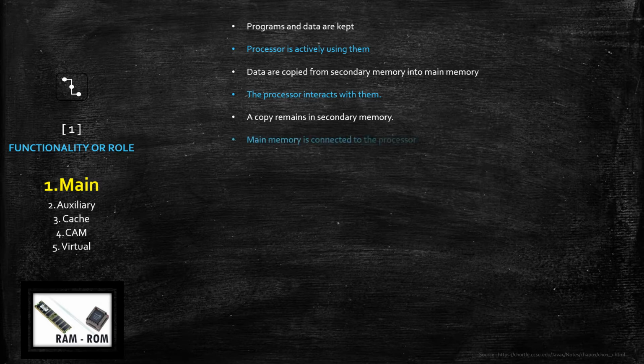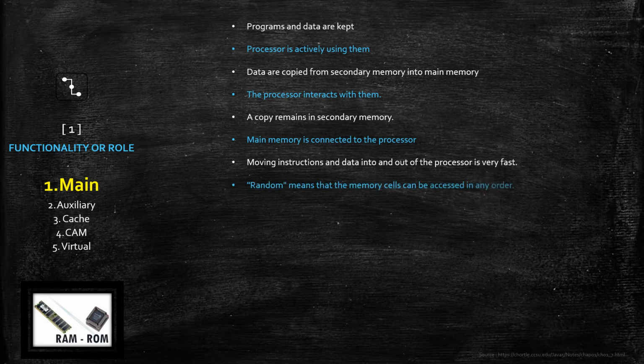It will be dumped into the main memory, but it will remain as it is in the secondary memory. Main memory is intimately connected, or directly connected, to the processor. So when instructions and data get moved in or out, whatever the direction, this processing becomes very fast because it is directly connected, right? Now, as we know, we normally call RAM the main memory.